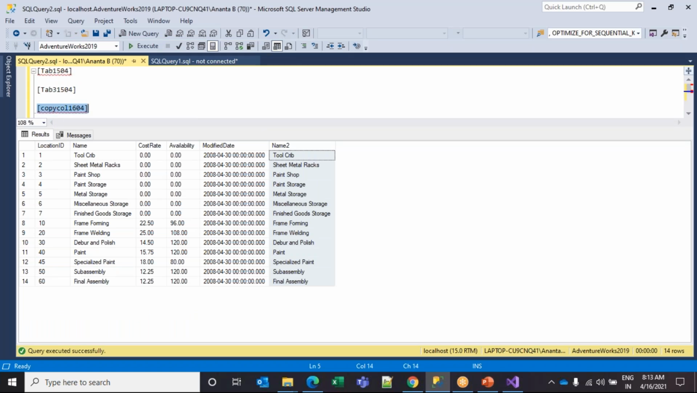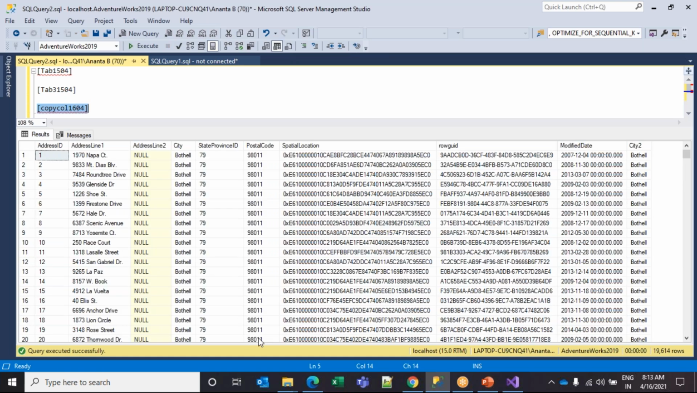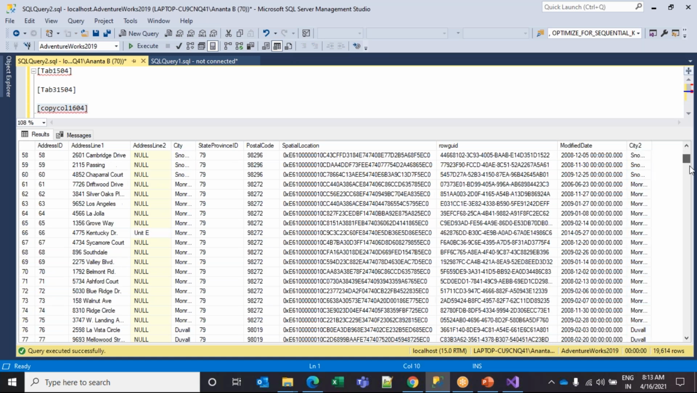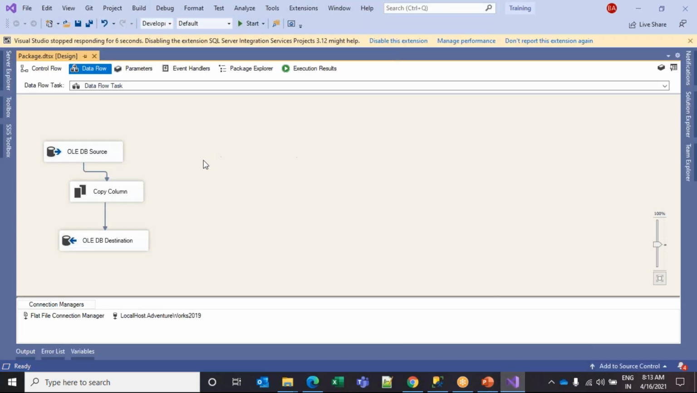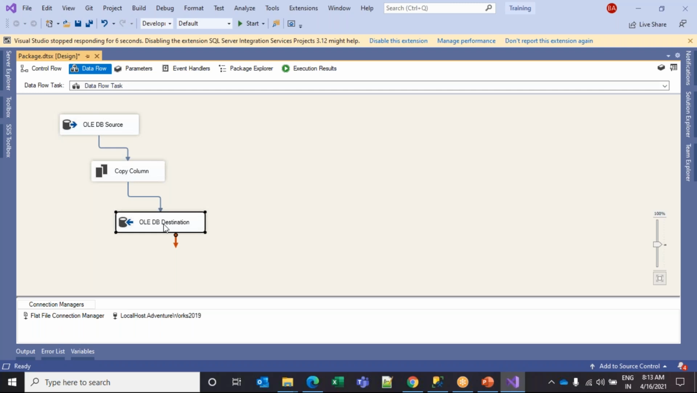So let's see what happened. Copy column. Okay. The same thing came up. So just a straightforward one. This is a copy column transformation. Okay. So after that, copy column, what we saw,